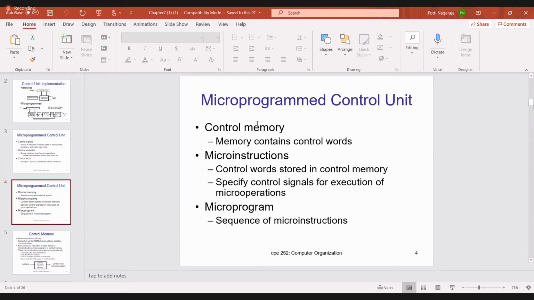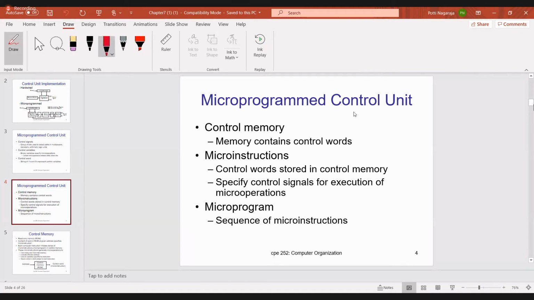Then control memory. Control memory means a memory that contains the control words. Here, assume that I have 128 control words. మీరే చెప్పాలి ఇది. I gave this bit also for the exam. Assume you have 128 control words.